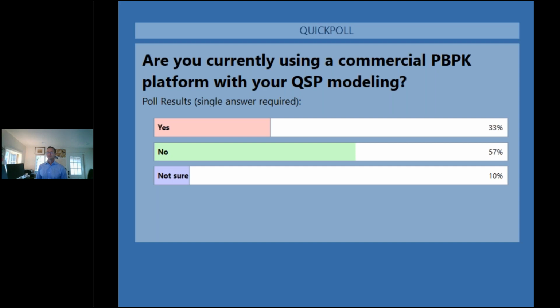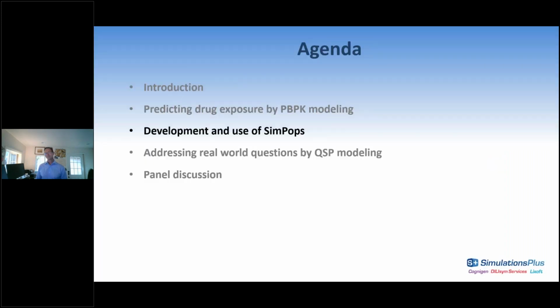And now we'll turn it over to Scott Siler. Thank you, Arlene. So it's my pleasure to share with you all a little bit of information about our simulated populations, or SimPops, and the way that we generate them and the way that we use them, ultimately setting the stage for Kyunghee to show some really nice examples of all of the above.